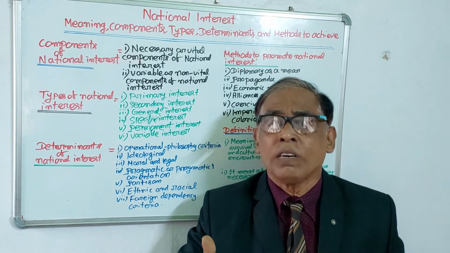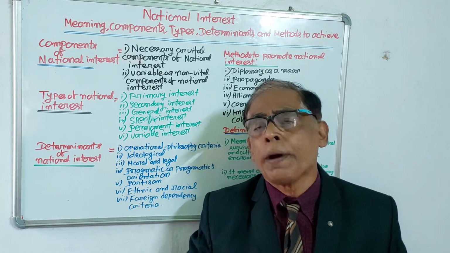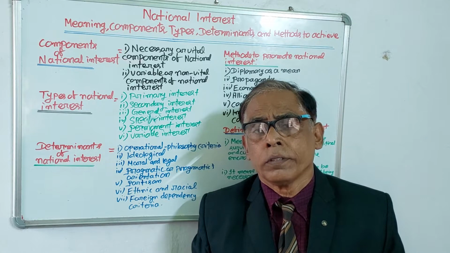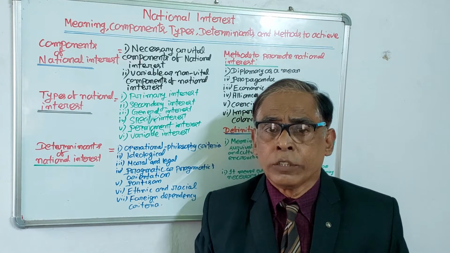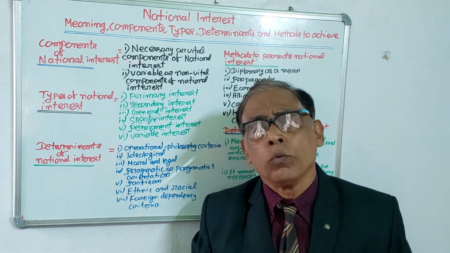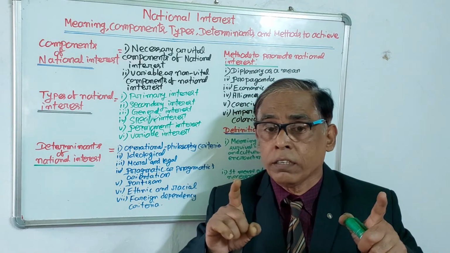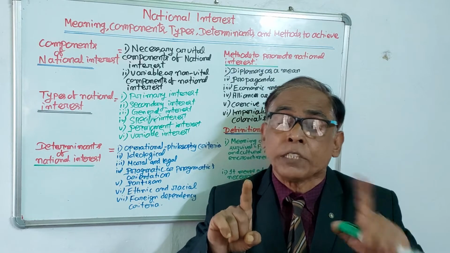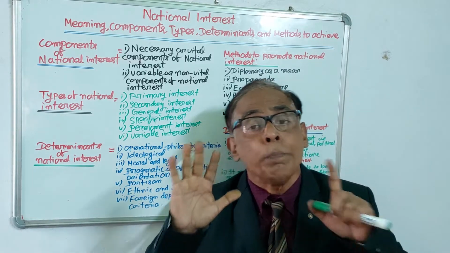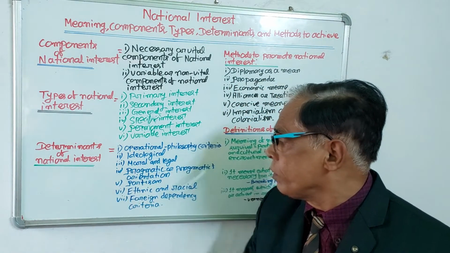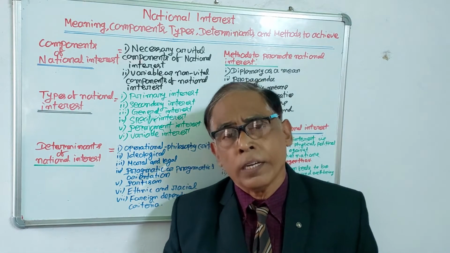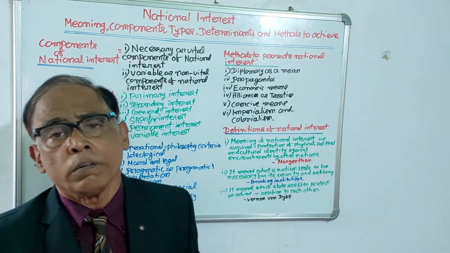For example, now Afghanistan is being protected by Pakistan and China. So when Afghanistan government will prepare its foreign policy to secure national interest, it will see that interest of China and Pakistan will not be in problem. So these are the main 7 factors which are determining the foreign policy.